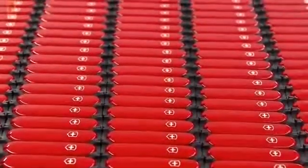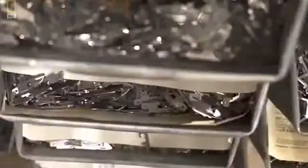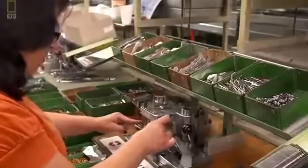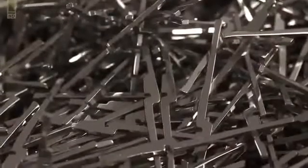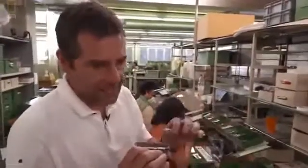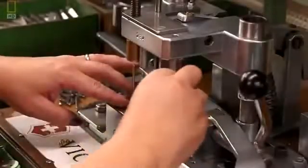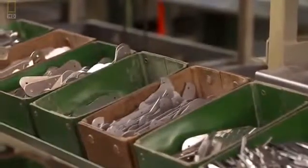The handles will join the tools in assembly. Every part is stacked in precise order. Among them hides the very key to the knife itself and the inventor's most ingenious innovation. It's a groundbreaking spring. It makes the blades open, stay open, and stay closed. This single mechanism controls up to 3 of the knife's functions, reducing the overall space needed for the Swiss champ's